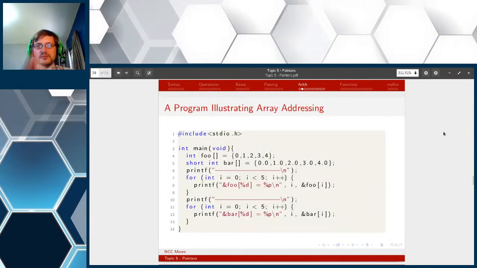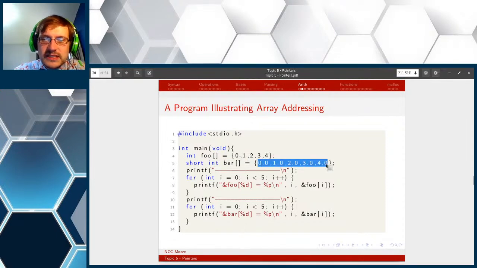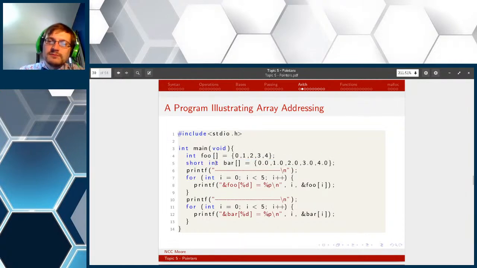So, in this particular case, we're going to go right into a code example. So, we include stdio.h. In our main function, we have foo, the array, which is 0, 1, 2, 3, 4, and we have a short int bar, which is, that seems like that's an error. These are floating point literals being assigned to a short int. Pay no attention to the little man behind the curtain. For int,